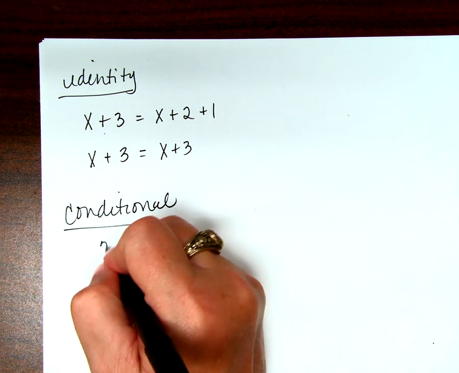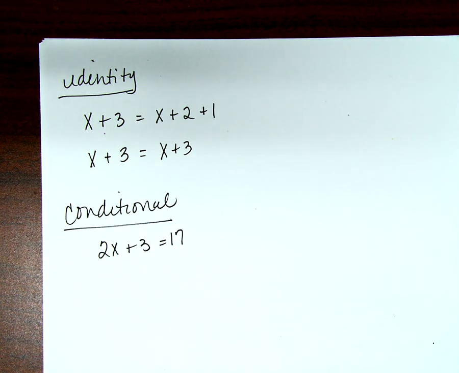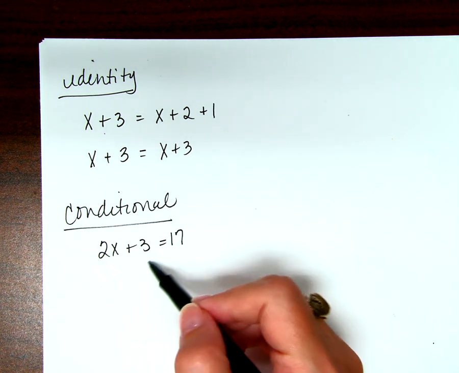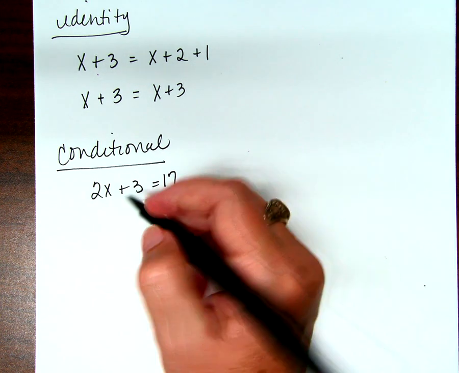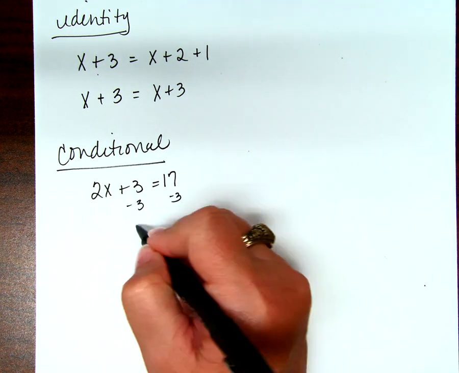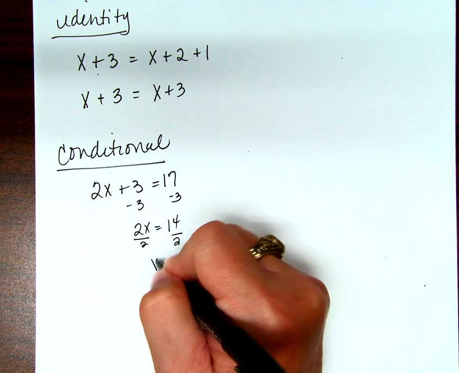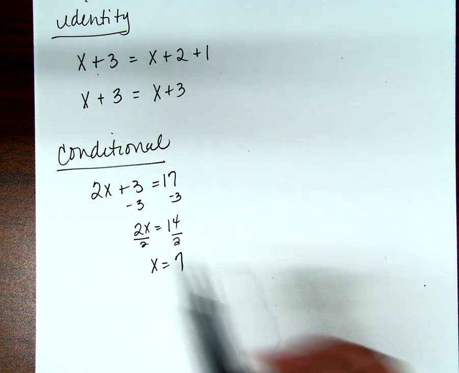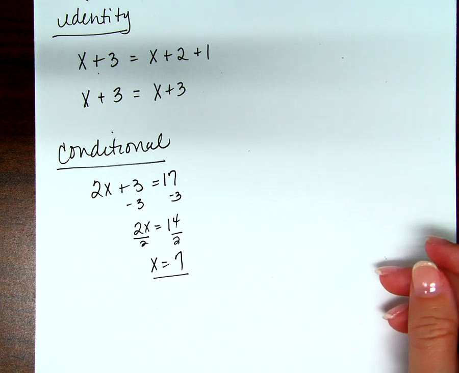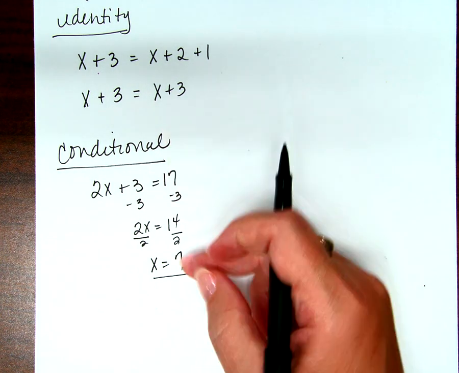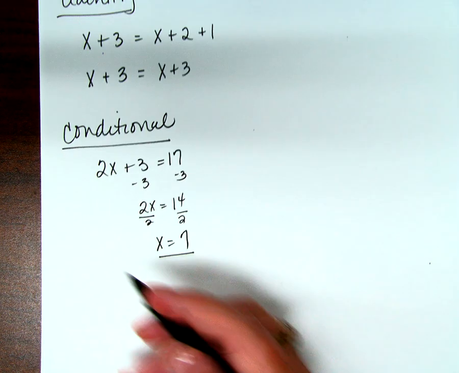Conditional is something like this. 2x plus 3 equals 17. 2x plus 3 equals 17 only if x equals what? Well, that's something we can figure out really easily by subtracting 3 from both sides and then dividing both sides by 2. Okay? 2x plus 3 will equal 17 if x equals 7. It's conditional on the fact that x equals 7. Right? And the last one